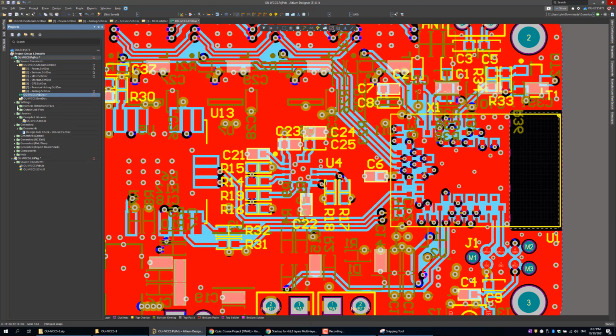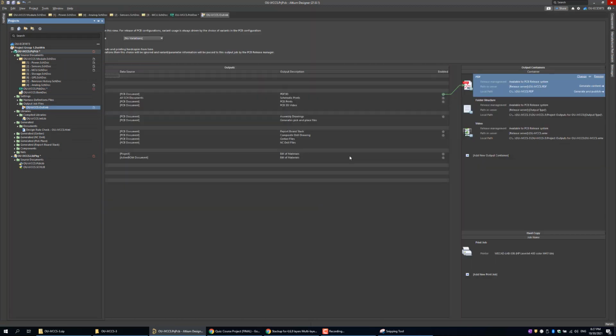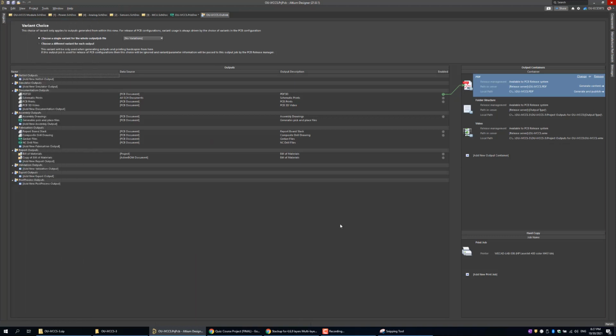Here, settings, output job file. So you can use this project as a reference for you. Make sure you are not going to copy or paste anything. So you see here a PDF, 3D PDF. You need to select the container, which is PDF file, schematic print. If I select this, it will print schematic. If I select PCB print and click generate content,